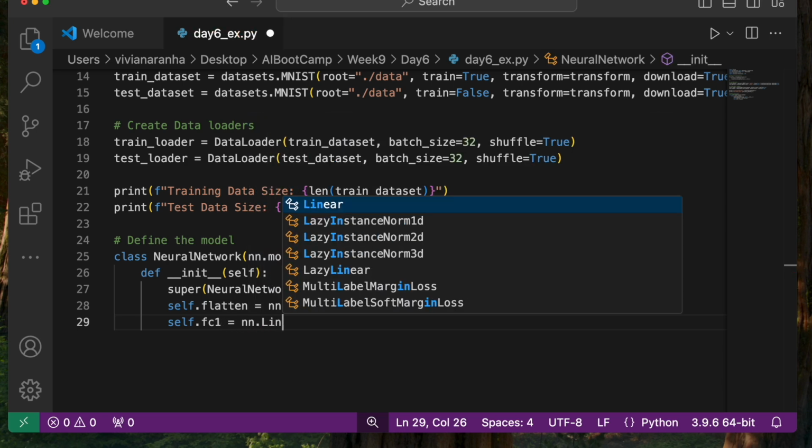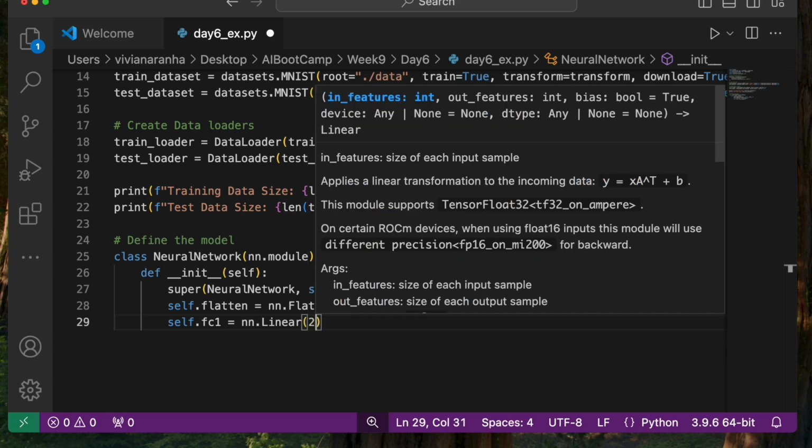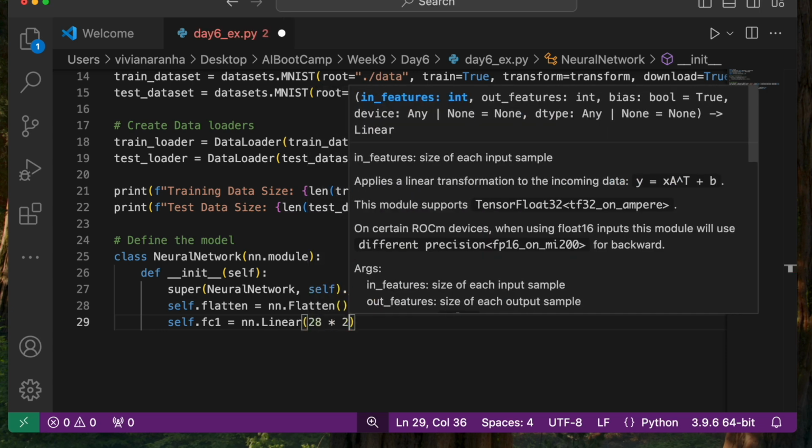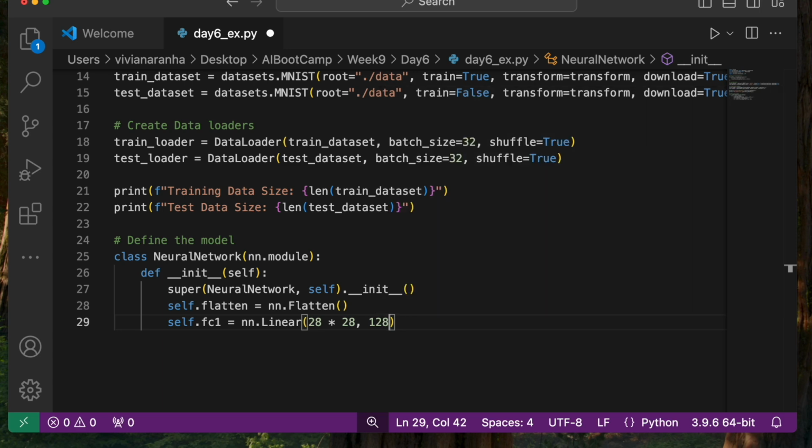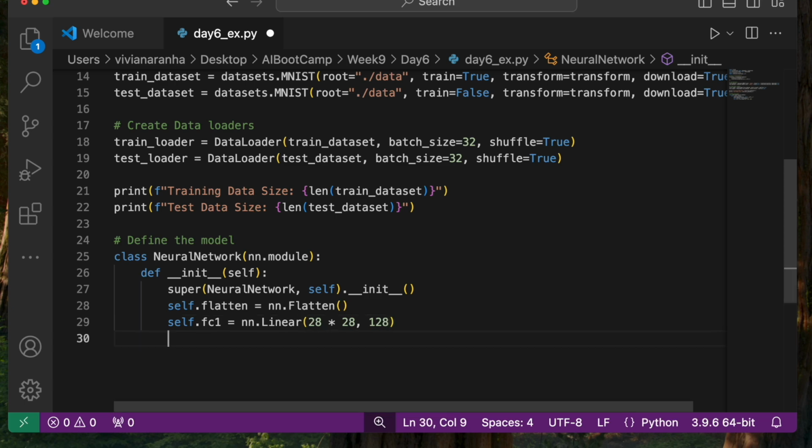This is my first layer. So I'm going to say Linear(28 times 28, 128). The input size in this particular case is 784, which is the 1D vector from my flatten. So I am saying to convert that into a size of 128.